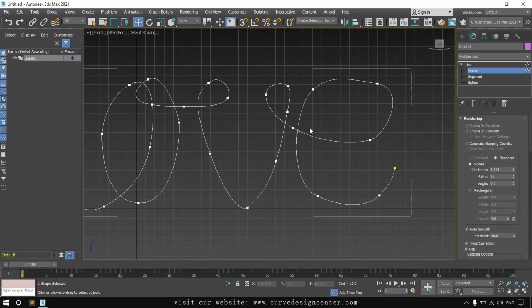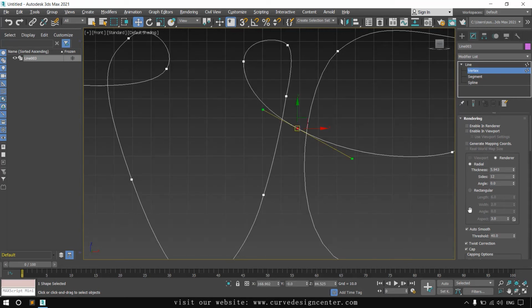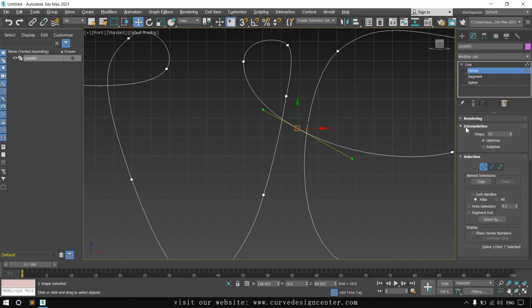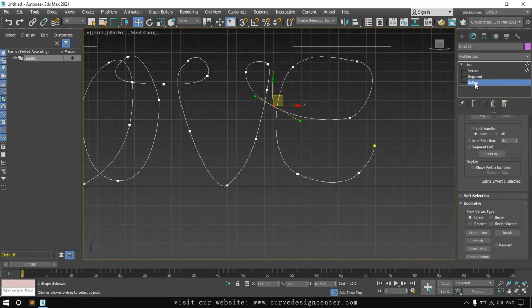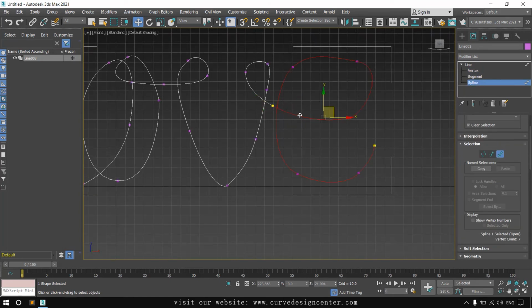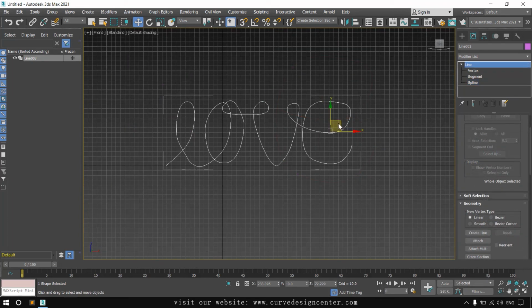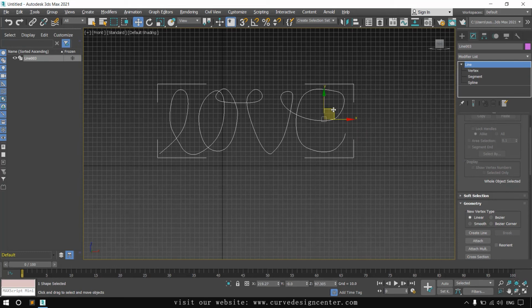If you want to break these letters into separate parts, select these points. First I collapse these rendering options and the interpolation and select break. Click on the break button. Now these points are separate. When you select the spline subobject mode and click on the letter, only this spline is selected, but at the object selection level they are still attached.